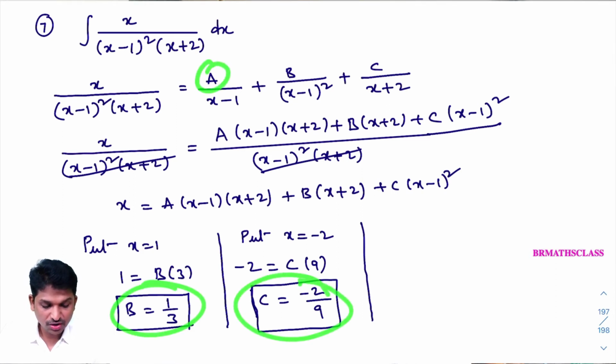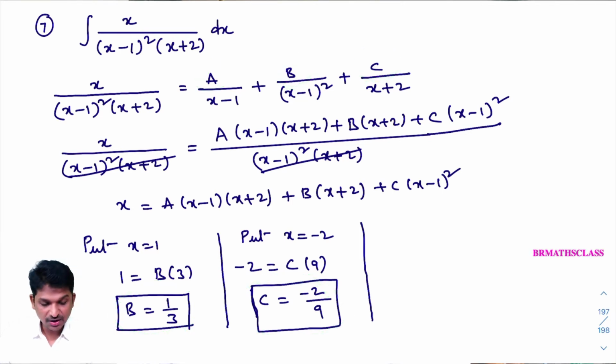What do you want to find? You want to find the a value, b value, c value. I already got the b value and c value. What do I need now? Now I need the a value. Listen carefully. In type 1, finding A, B, C is very easy. With the help of this trick only, we can do all the problems. But in type 2, a small tricky thing is there. With the help of the trick, you may not find all the A, B, C values.